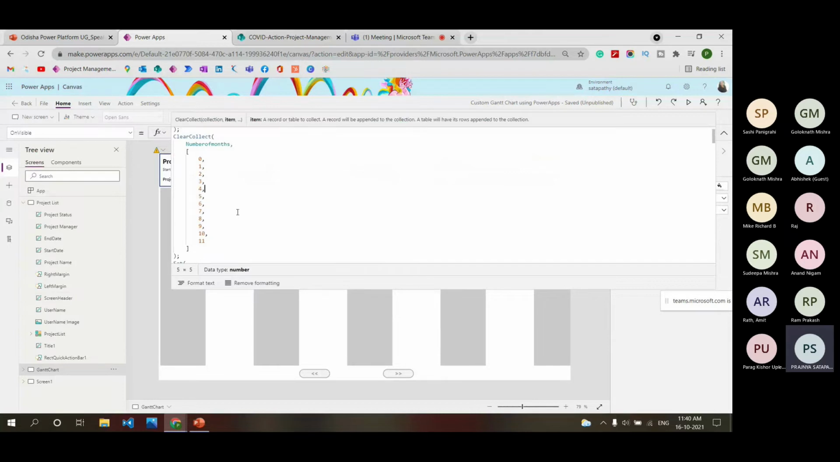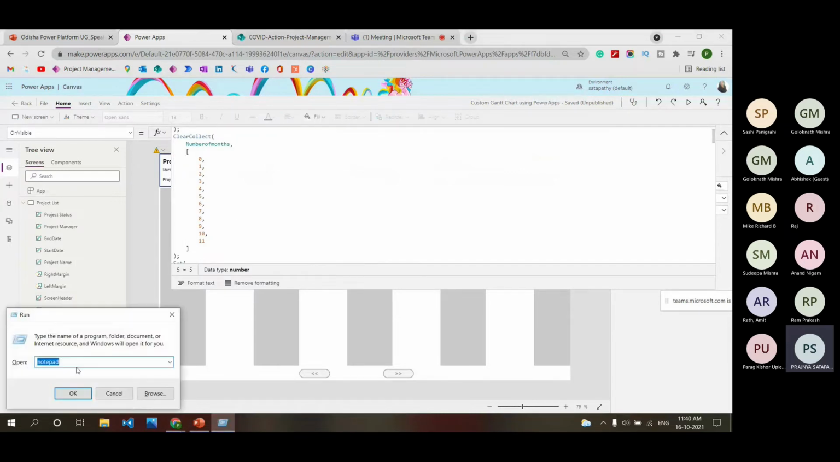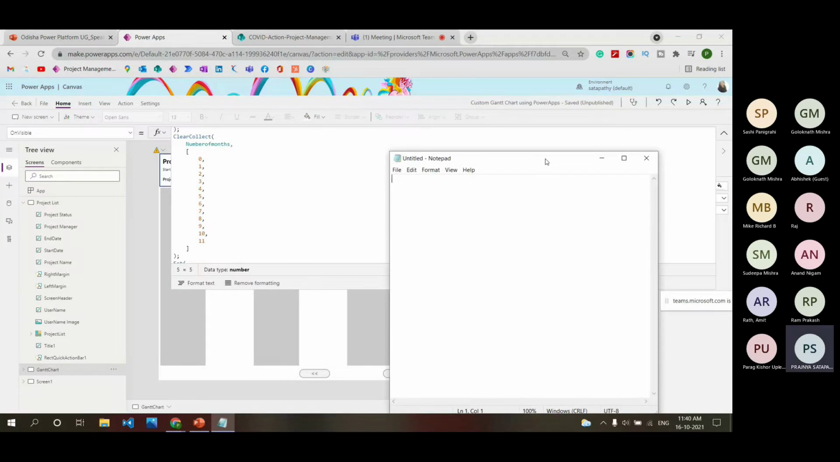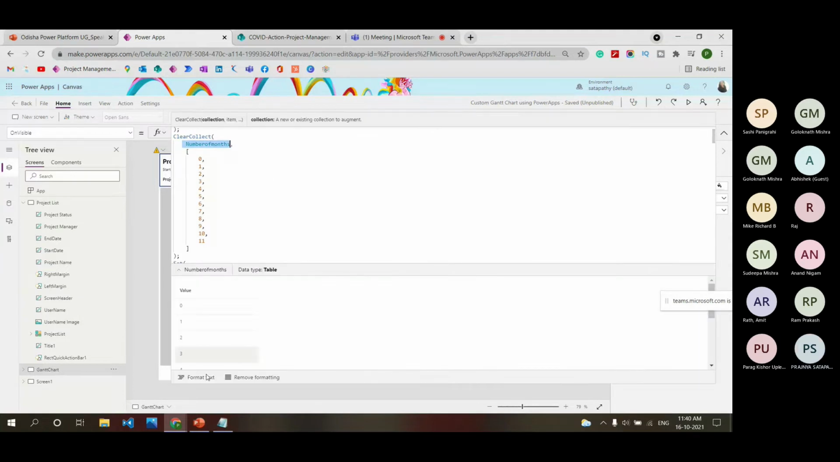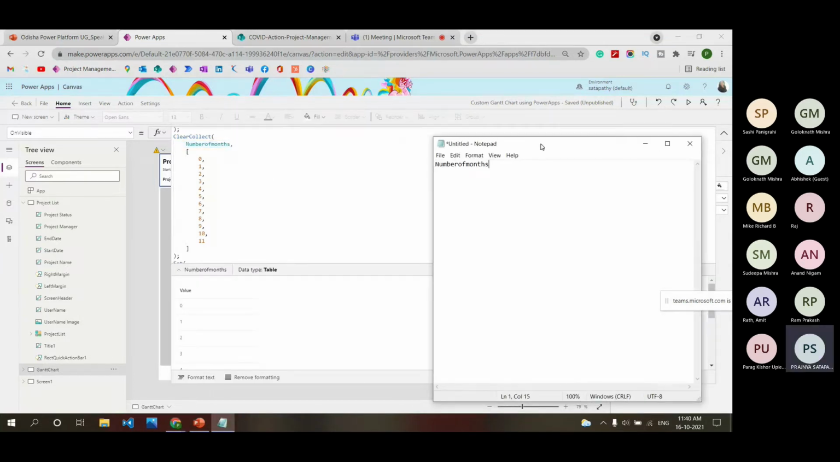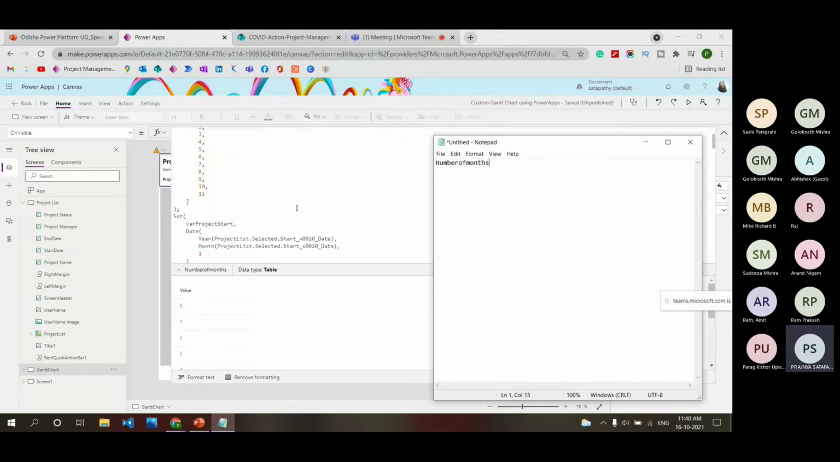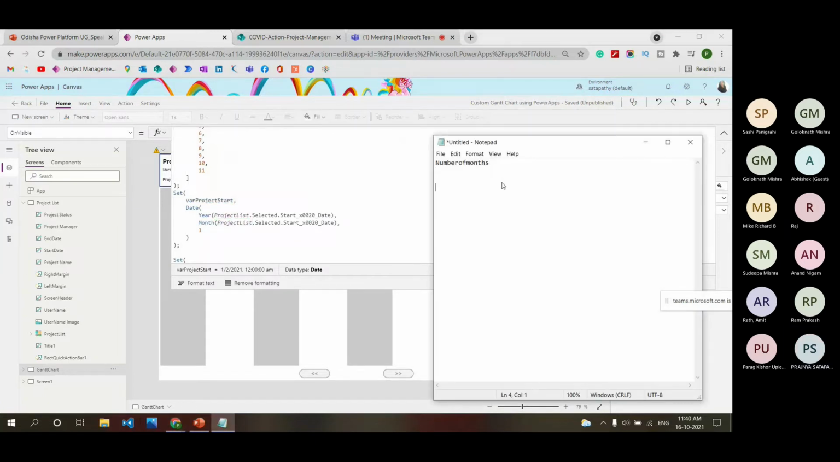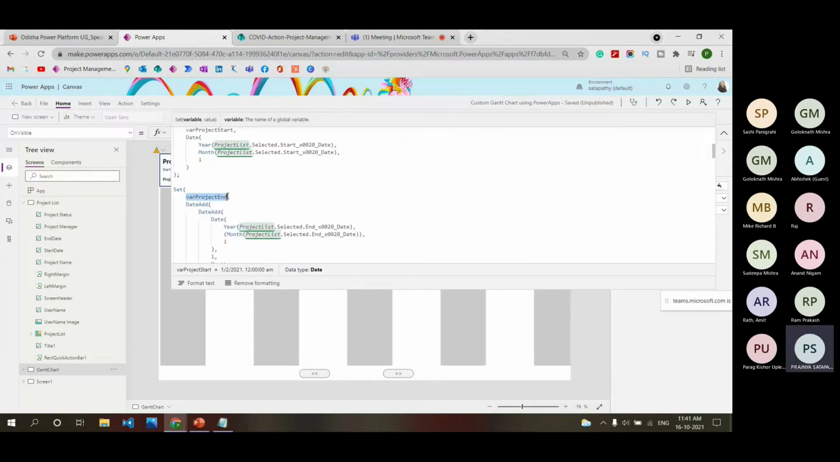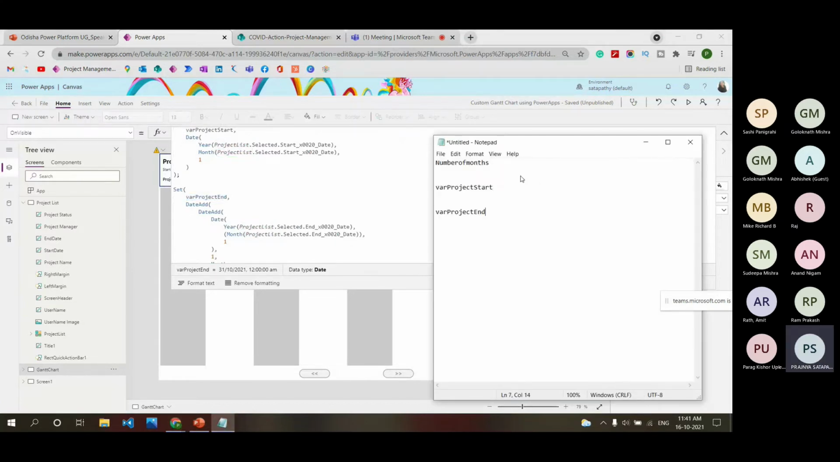First of all, let me note down the variables which we require. First, the number of months, which is 0 to 11, that is for 12 months. Then I have taken one variable, var project start, and var project end. These are the main variables for finding the difference between the project start date and project end